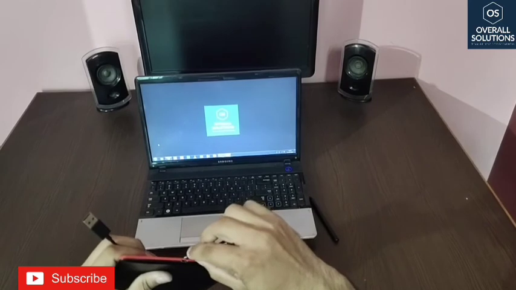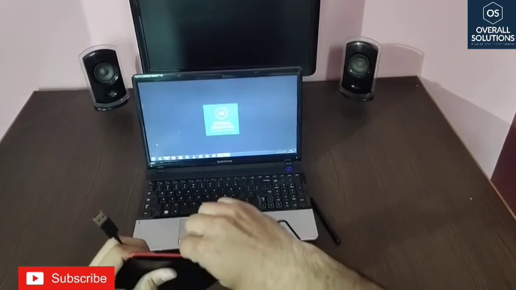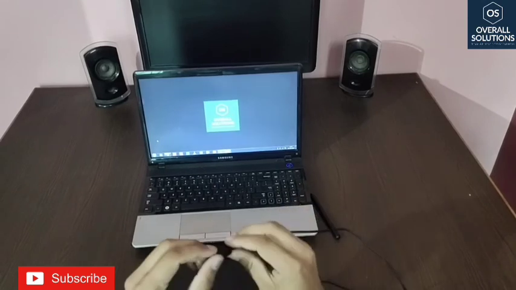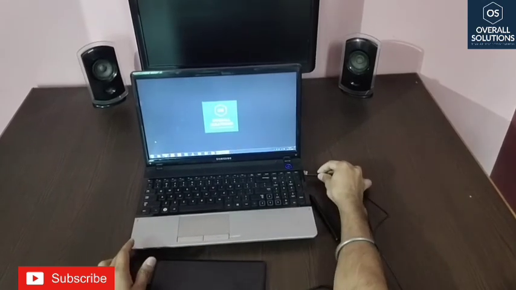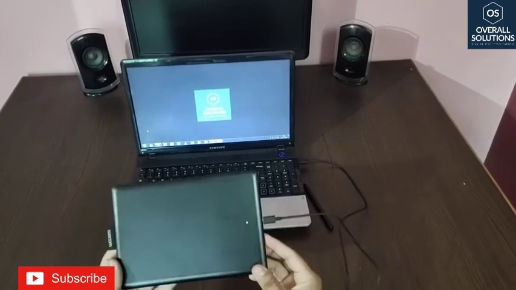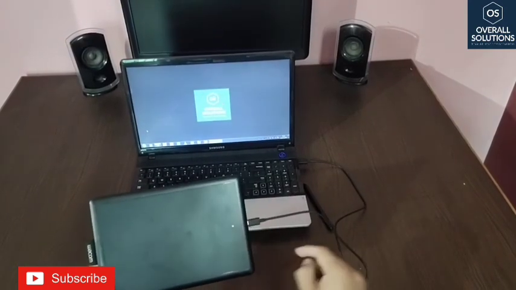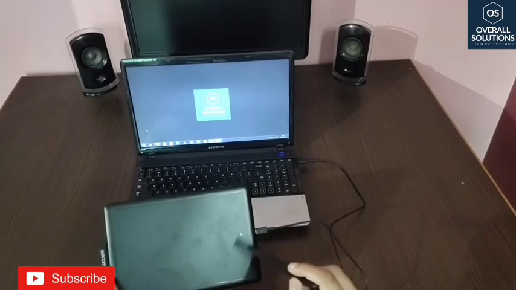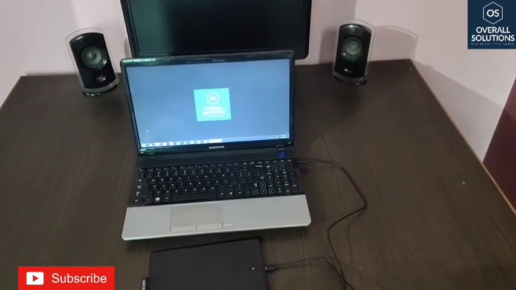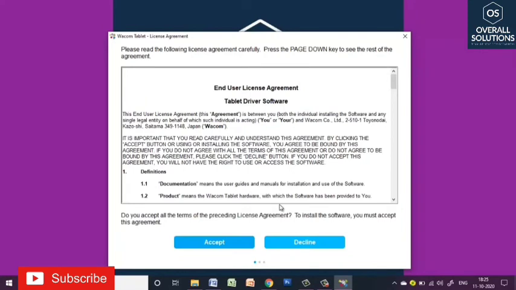So you have to put the universal port into the tab and then your USB port into your laptop, like this. Okay, now you can see there is an LED light turned on on my tab. It means that my tab is on now. So now you can use it. That's it. Now I have attached my Wacom tab to my computer.